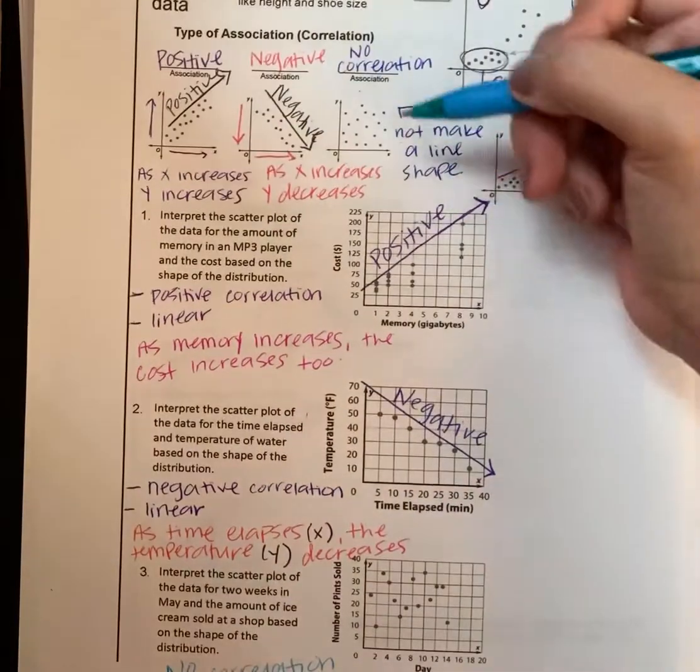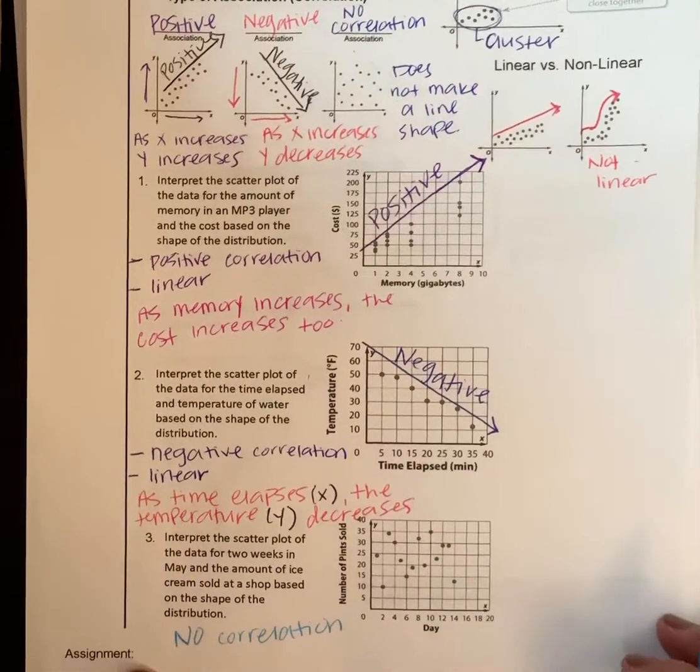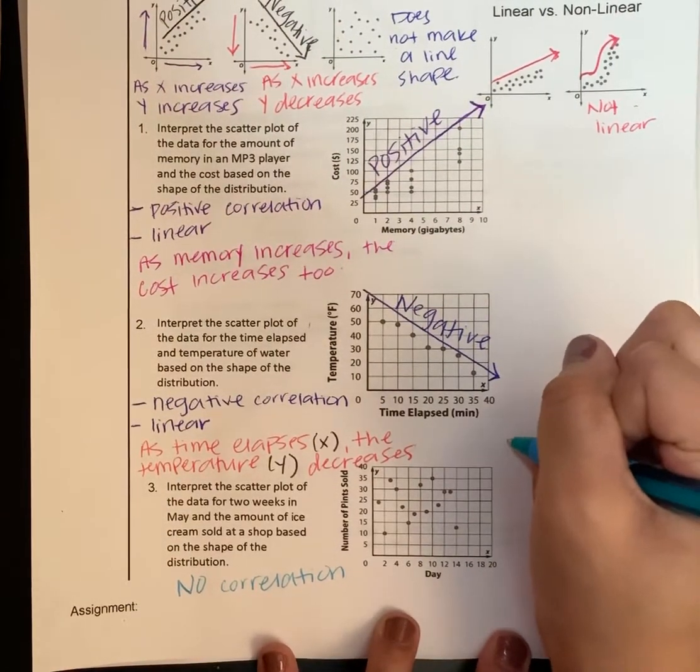And we know that because it looks just like our no correlation example. All of our points are scattered. So we can justify this. What this means is